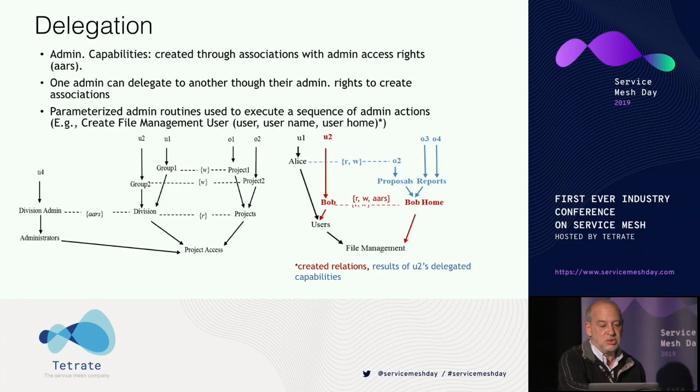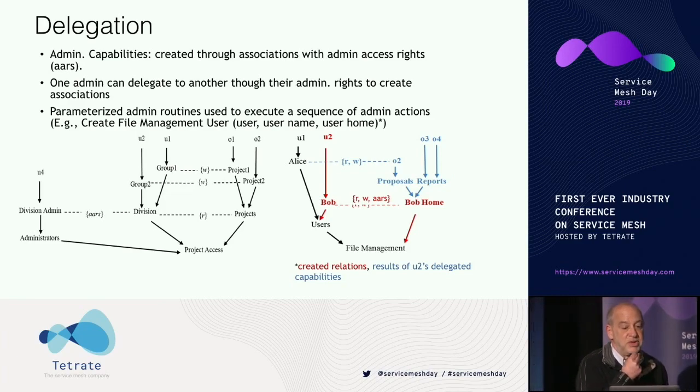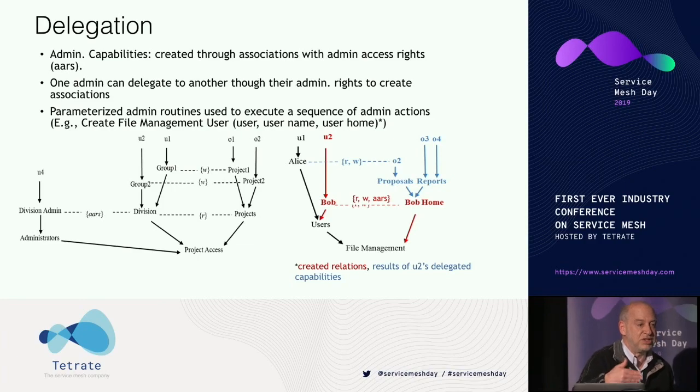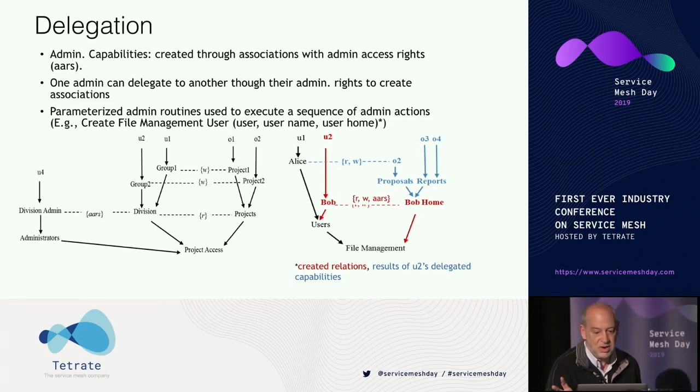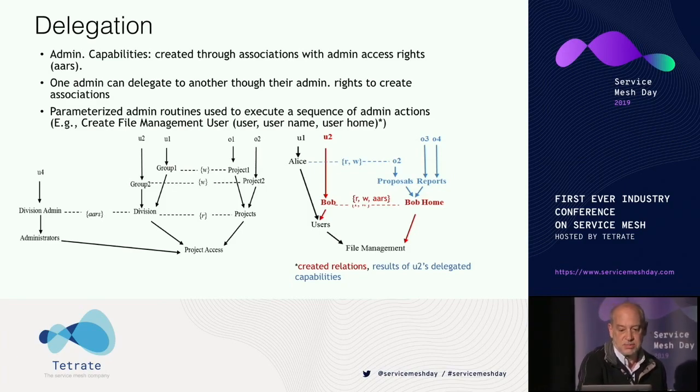What you can also do is specify privileges through an administrative routine or parameterized administrative routine. And what it does is it executes a series of administrative actions for creating complex relations. So in this particular example, create file management user might create an